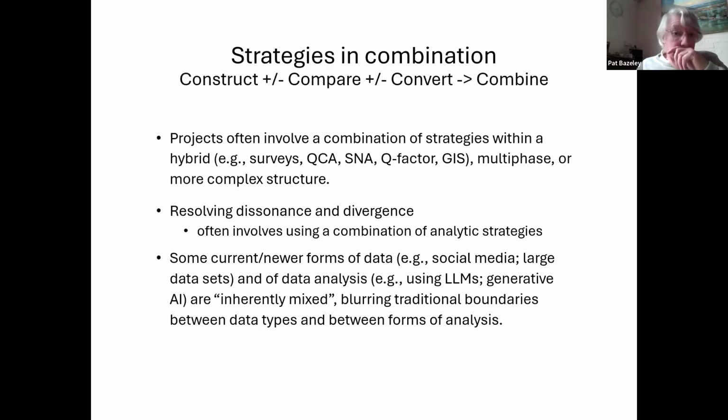I'll move on here. So you can use all these strategies in combination, and typically you will. So projects often involve a combination of strategies. It might be called a hybrid methodology, or maybe a multi-phase or more complex structure. You'll use different strategies perhaps to resolve issues of dissonance and divergence. When there's conflict, or there appears to be conflict, you will do further analyses, and that often involves using a combination of